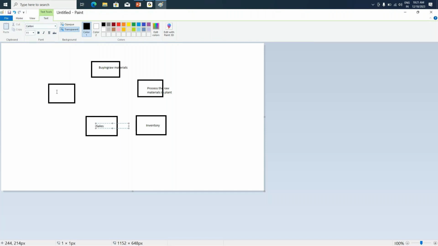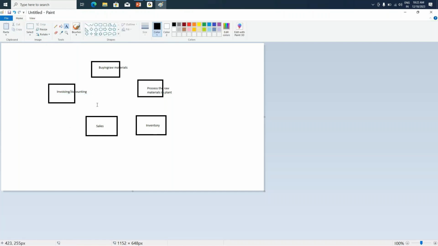Once you have sold your product, you will get the accounting, wherein the invoices will be generated and you will get the money. So that is basically your invoicing or accounting. This in general is a flow for every other business process that is there. You might not have sales in a few companies, you might not have inventory in a few companies, but in general this is the flow for any other company. So buying the raw materials, then processing it, then storing it, then the sales, then the accounting. Integrating all these things is the ERP.